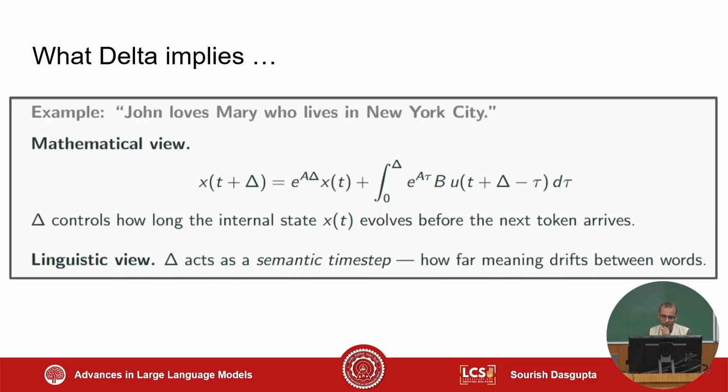Okay, so if it's a very different topic, or if the topic ends, as an example, let's say you get a full stop, the drift will be a lot more after the full stop, because now you know that a particular topic has ended and a new topic will arise. Let's say the paragraph ends, that drift will be even more, right? But if the sentence hasn't ended, just certain words have come in, the drift wouldn't be that much, right? So that's what it means.